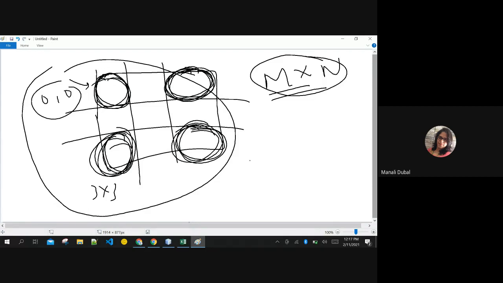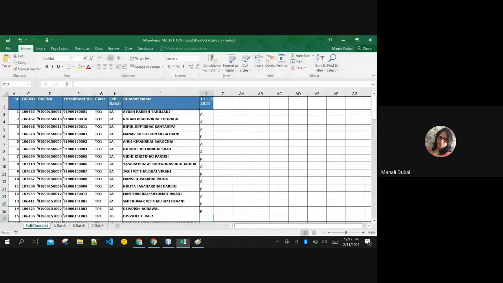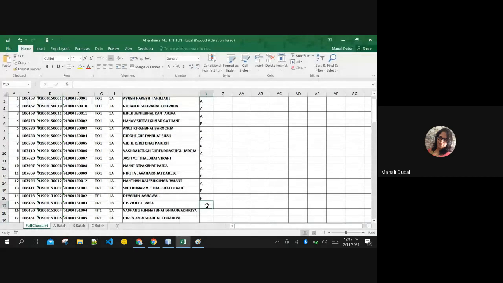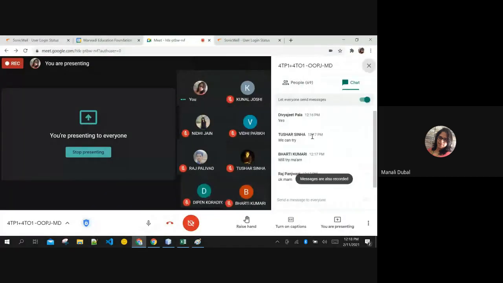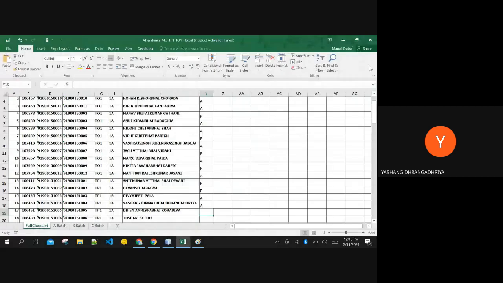I'll take attendance and then you all can leave. Divyajit. Yashang. Dipin. Ma'am, AI4 present. Yashang is present. Dipin. Big data 4 is even present. Riddhi is present?